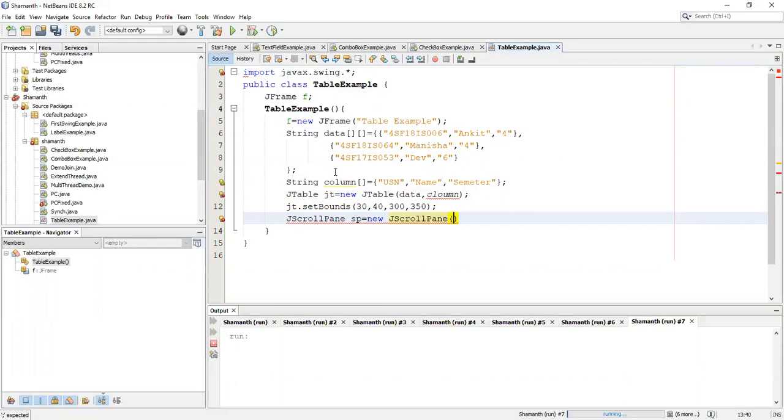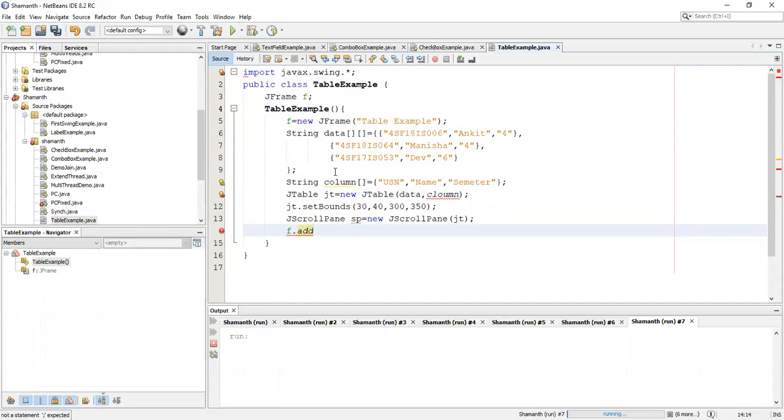The table which I created, I fit in this scroll pane, so let me pass this argument over here. Now this scroll pane we will add to the container. The container is f, so f.add. What do we have to add? The scroll pane, whose object name is sp. So sp is added to this one.